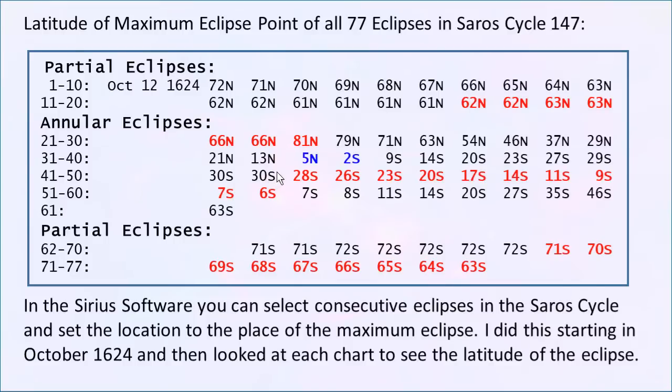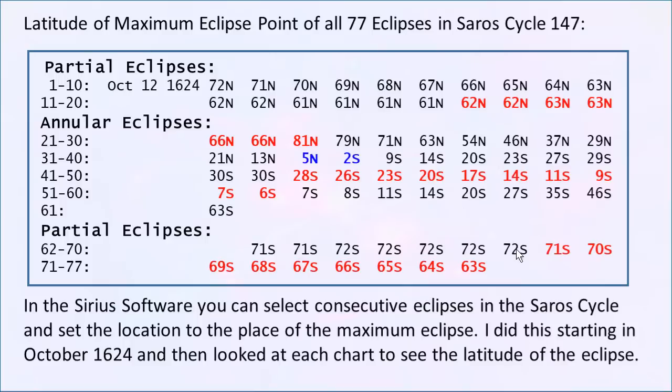Instead of the south getting bigger and bigger and bigger, it actually starts heading back to the equator, gets up to 6 south before it starts heading back down to the South Pole again. So all of this red is in a reverse direction from the overall pattern. And that's a big reverse direction. It's gone from 30 south up to 6 south, heading back to the equator, and then it starts continuing back